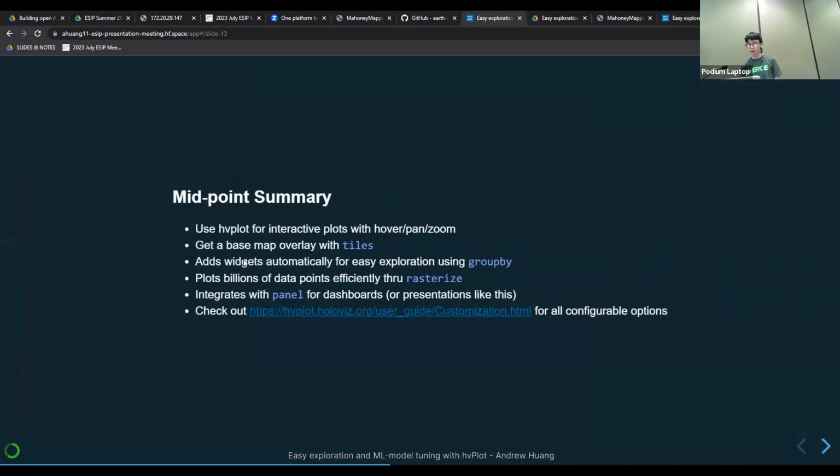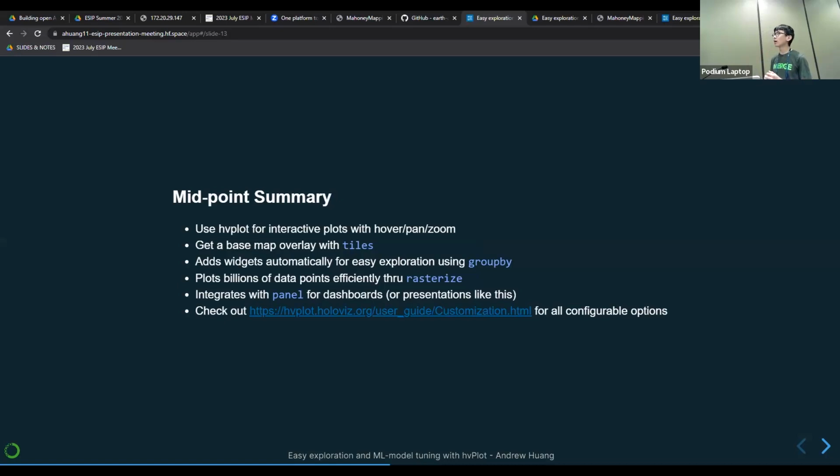So here's a midpoint summary of what I talked about so far. You can use hvplot for interactive plots with hover, pan, and zoom capabilities, and you can get a base map overlay to get spatial context immediately without much work, just by specifying tiles equals true.